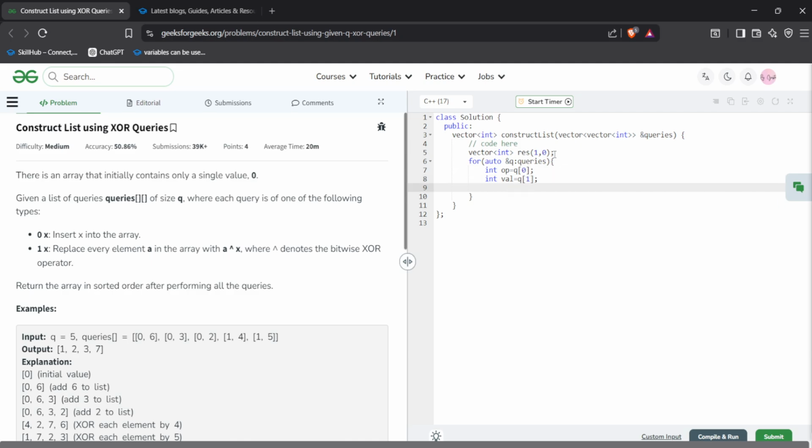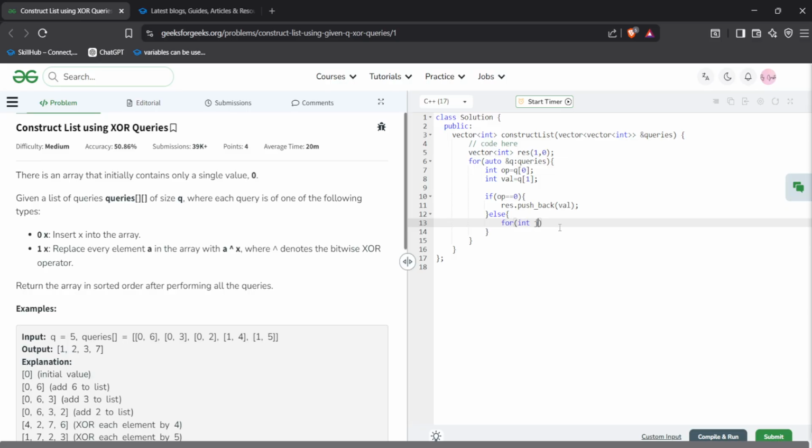If the operation is 0, we need to insert the value in the resultant array, so we push into the array. But if the operation is 1, else, we need to perform XOR with each element of the array. So we need to traverse the whole array